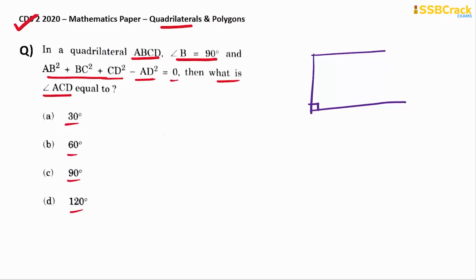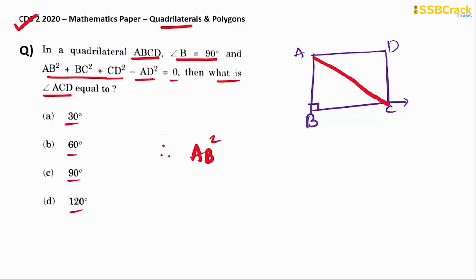So I'll try to take up this quadrilateral. So this is ABCD quadrilateral, let us say. And we have angle B measure 90 degrees. So let's connect. AB square we have connected. BC square we have connected. CD square we have connected. AD square we have connected. So we could see here that we can connect the opposite vertices AC as well as the vertices B and D. So BD also we can do, but let's use the given statement.